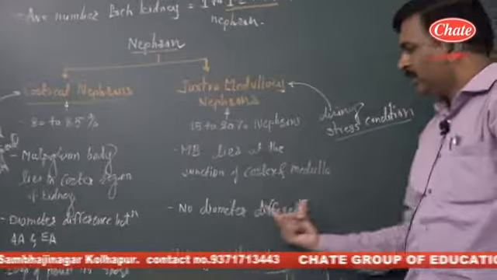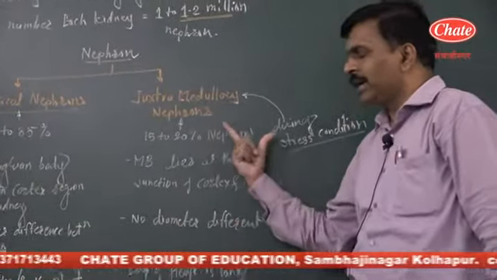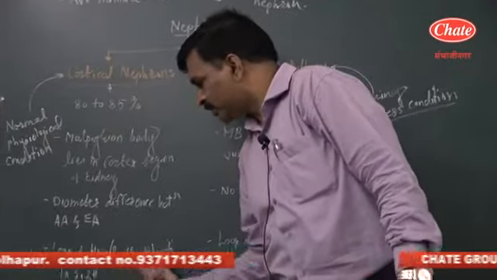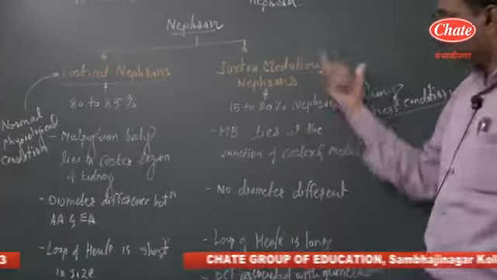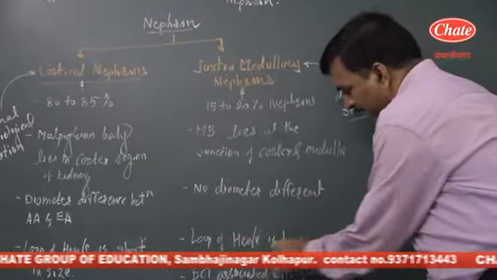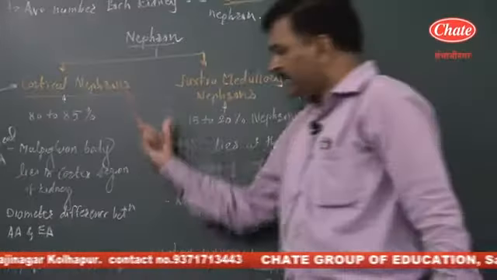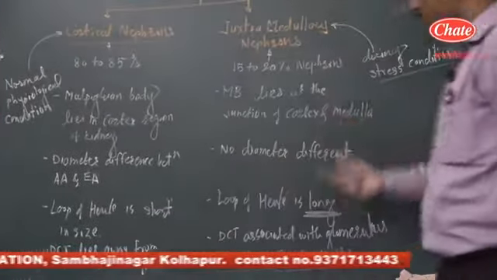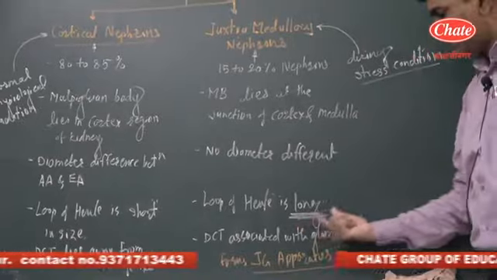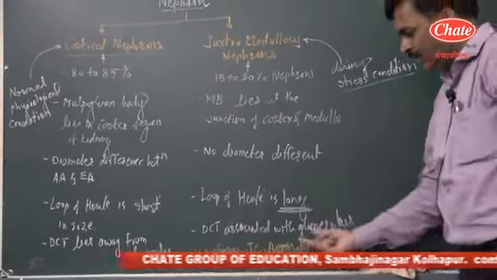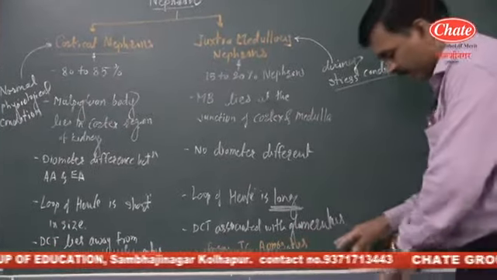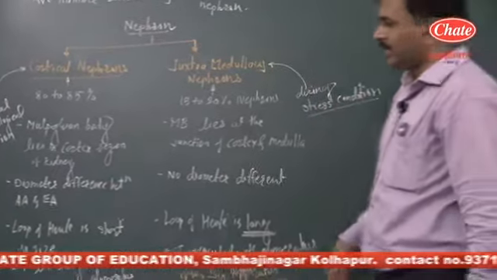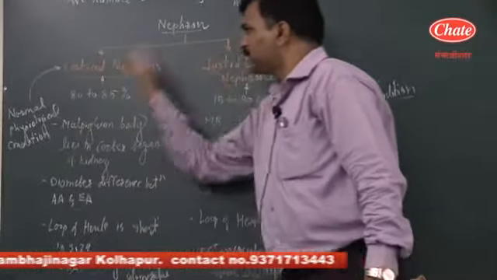In the juxtamedullary nephron, there is no diameter difference between the afferent and efferent arteriole. In the cortical nephron, the loop of Henle is short in size, while in the juxtamedullary nephron, the loop of Henle is long. In the cortical nephron, the DCT, distal convoluted tubule, lies away from the glomerulus, while in the juxtamedullary nephron, the DCT is associated with the glomerulus and forms the apparatus, that is the JG apparatus. So the presence of the JG apparatus is the peculiarity of the juxtamedullary nephron, while its absence is the peculiarity of